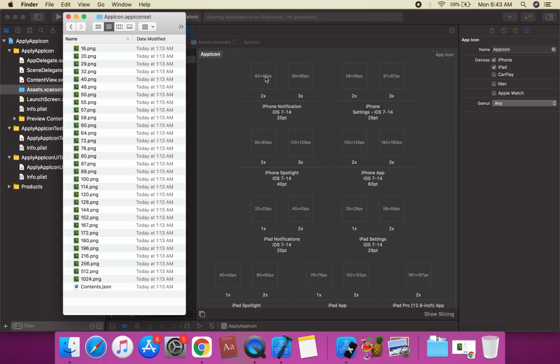The first requirement is 40 by 40. Suppose this is the 40 by 40 image, and 60 by 60. Suppose this is 60 by 60, and then 58 by 58.